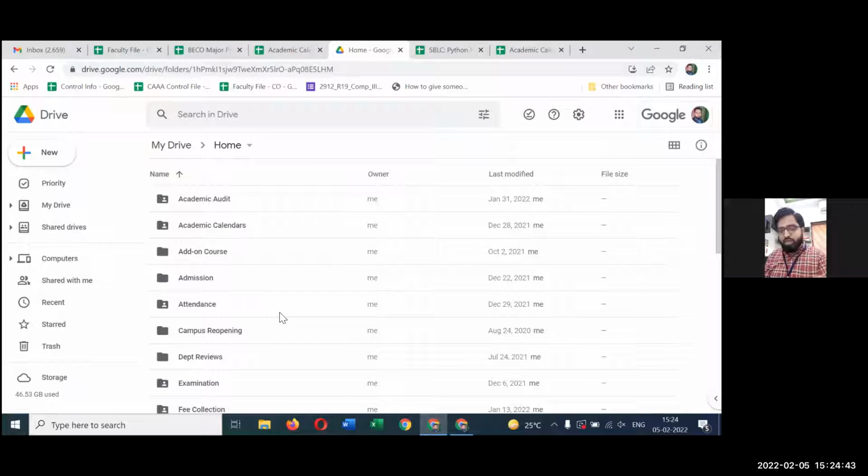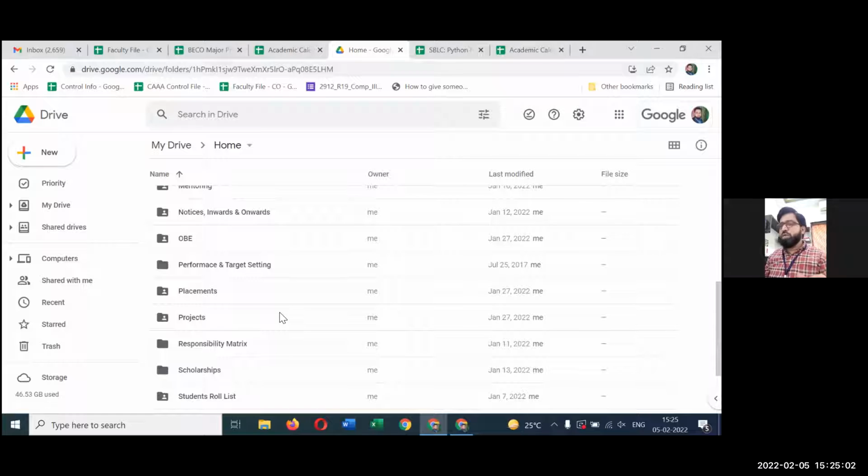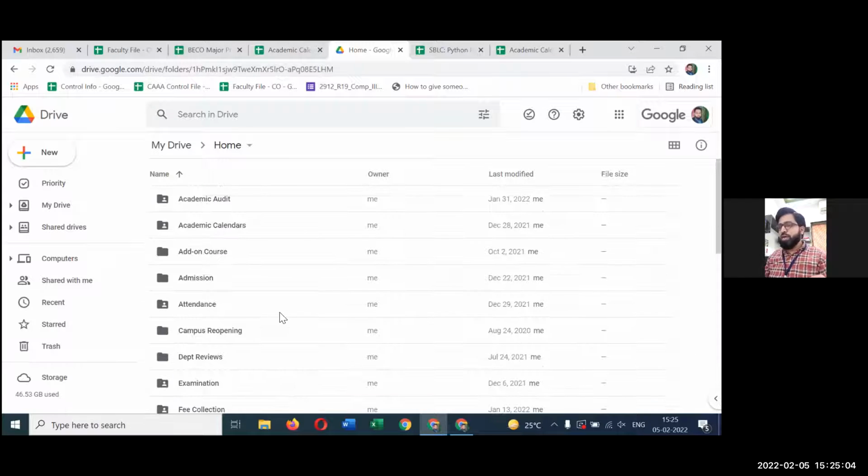With that idea, if we make use of Google Drive, if we make use of this cloud, then it would be very effective. It would be on top of things. Okay? Now this is about how you can structure your data and maintain your data at the central level. Next, I will be talking a bit about Google Sheets, because I find Google Sheets one of the most powerful things provided by Google Suite. So let me get into some Google Sheets.